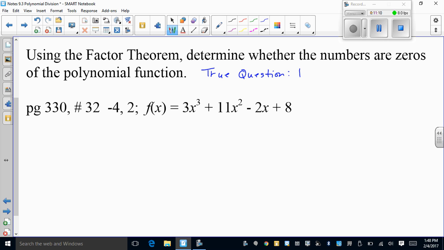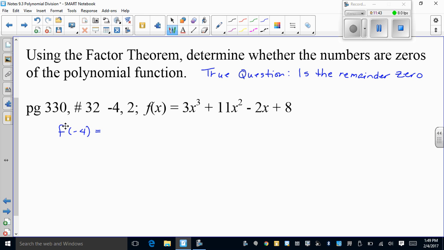So the true question is the remainder 0? If yes, then it's a factor. If no, it is not a factor. Since we've got 2 of these, I'll do one using the factor theorem; the other one would be synthetic, but you've seen enough of the synthetic. So f of negative 4